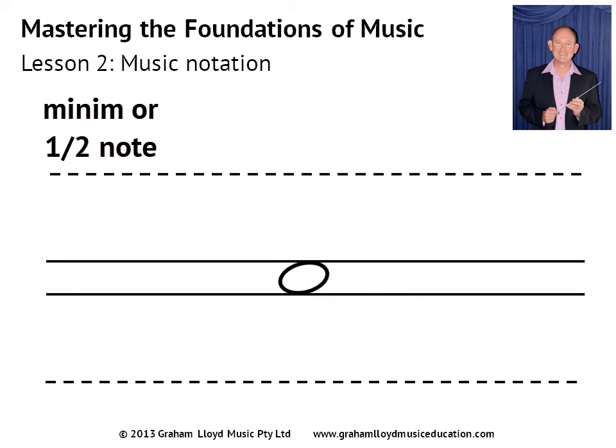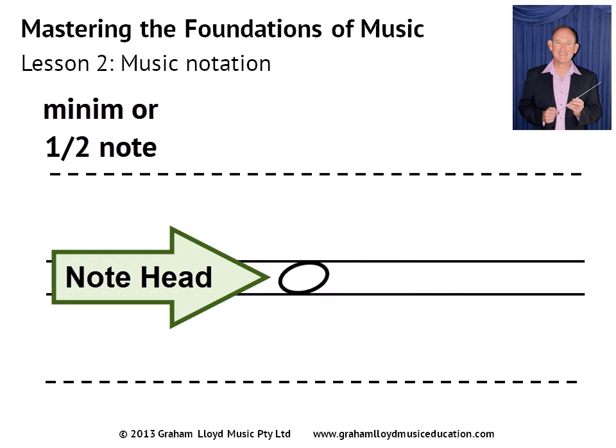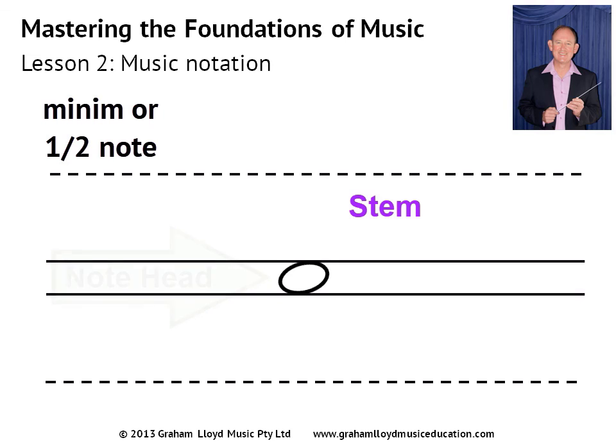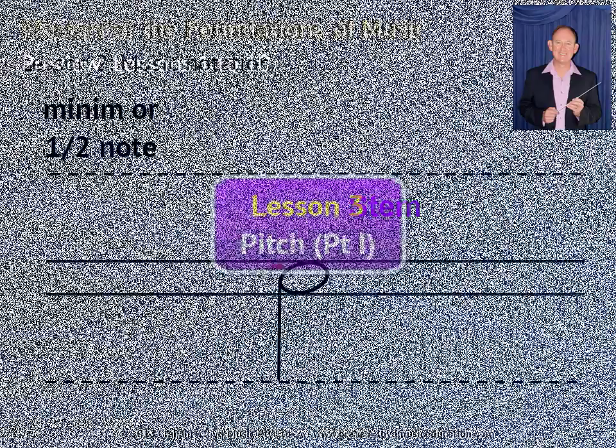To this slightly smaller oval, which is referred to as the note head, you add what is called a stem. This stem is positioned according to music writing conventions that we'll cover in a little more depth in our next lesson. For now, practice writing your stems pointing up on the right-hand side of the note head or down on the left-hand side of the note head. Please ensure the stem